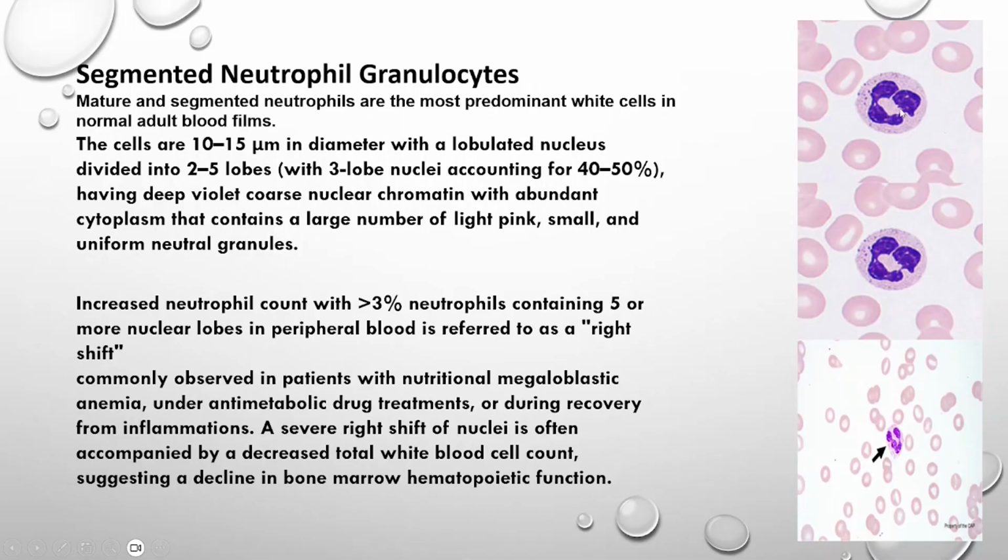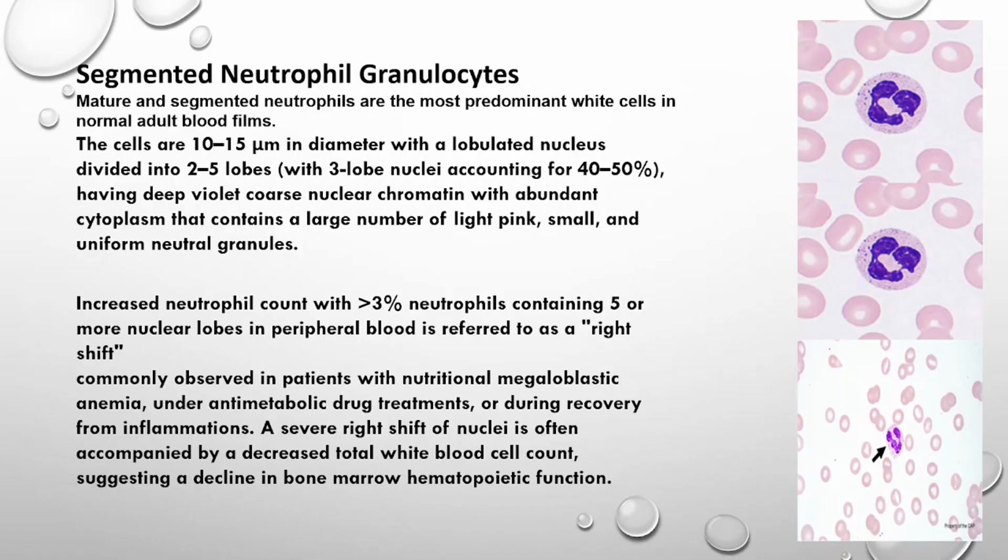There are lobes, interconnected, with pink granules in the cytoplasm. An increased neutrophil count with more than 3% of neutrophils containing 5 or more nuclear lobes in a peripheral blood smear is referred to as right shift. It is commonly observed in patients with nutritional megaloblastic anemia, under anti-metabolic drug treatments, or during recovery from